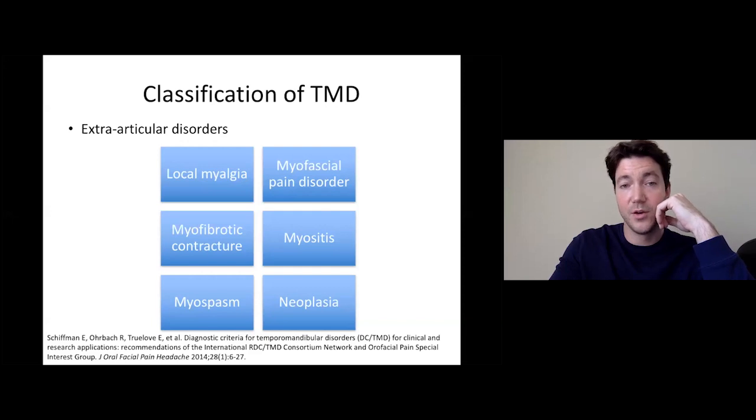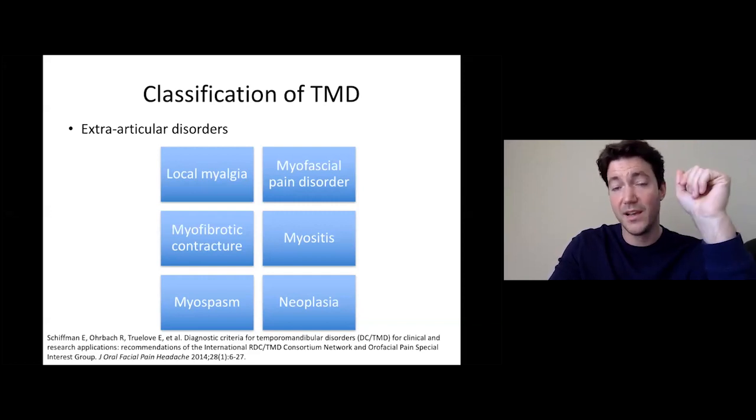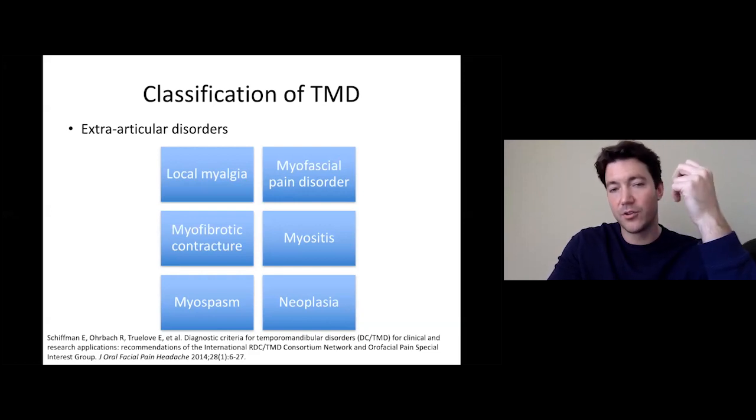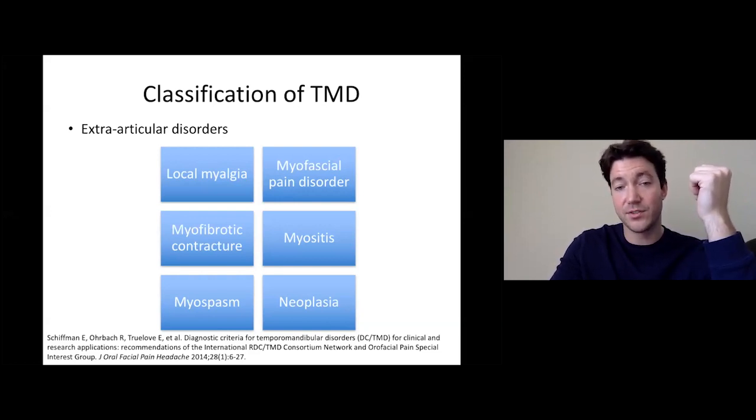But for this one right here, we can talk about local myalgia, so just pain within the muscles of mastication themselves. It can be from overuse, and it can progress to a myofascial pain disorder where the fascia overlying the muscles can be inflamed and sore. Then it can go to something such as myofibrotic contracture, where chronic inflammation in the fascia and the muscle can lead to those little fibrous bands that are much more difficult to break up, and it can become more of a chronic condition for them. And then there's inflammation within the muscles with myositis, or spasm within the muscles,